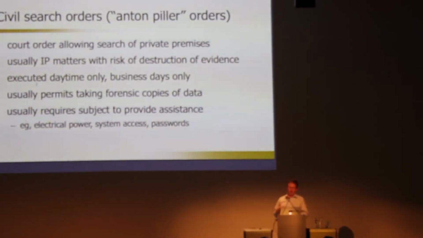Talking about orders which may arrive at your door, the next one in the sort of escalating scale of severity is what are now called civil search orders, and used to be called Anton Piller orders. Anton Piller is just the name of the first case in which this kind of order was issued. Because I studied law a while ago, I always call them Anton Pillers. But civil search orders are orders entitling someone to search premises. And they're issued ex parte, which means they're issued without informing the subject of the search order first.